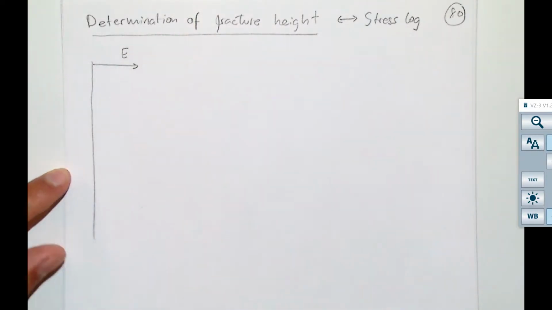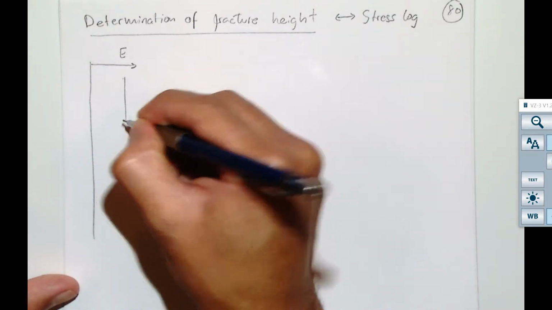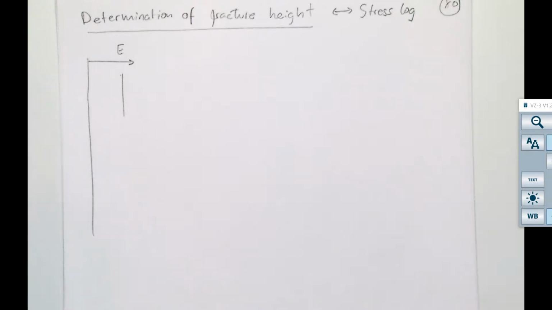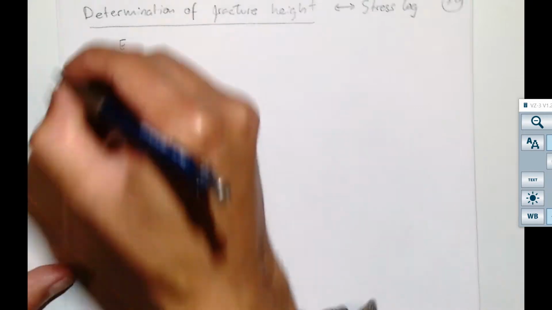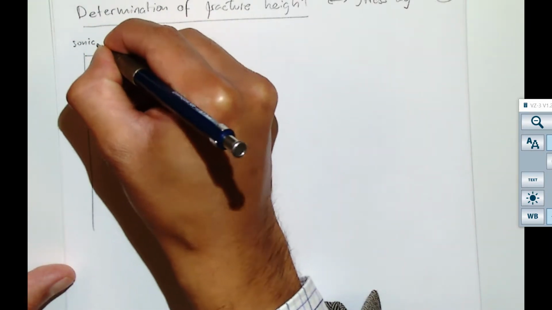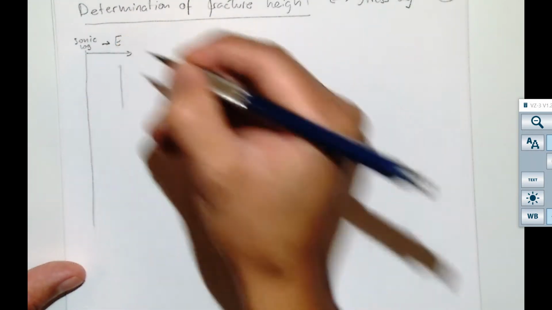And rocks tend to be different, so they will have different mechanical properties, different transport properties. How do you measure Young's modulus for formation evaluation? Now that you know, you are studying for that exam. What do you use? The sonic log, right? So with the sonic log,